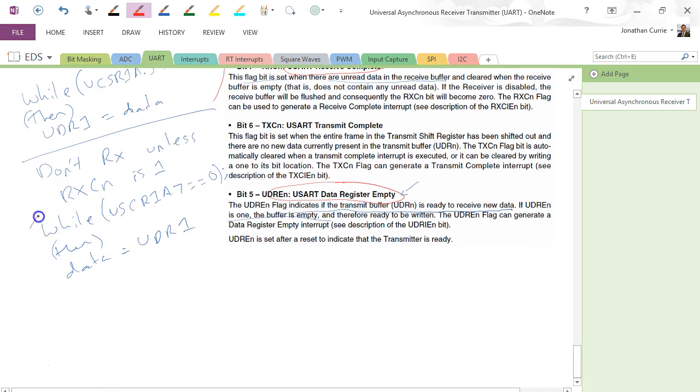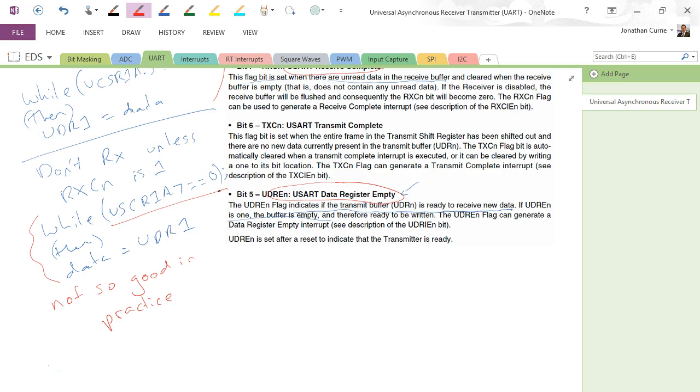This one, on the other hand, not so good in practice, because it's quite common that you don't have control over when you are going to receive data. It's up to the slave device. So do you want to stall your microcontroller here, waiting to receive something, or are there better things that you can be doing? Reading inputs, for example, displaying something on an LCD, doing some calculations, servicing some other sensors. Right? So not so good in practice,